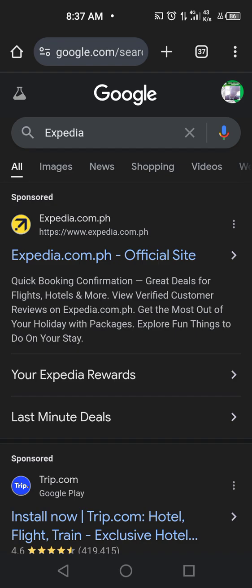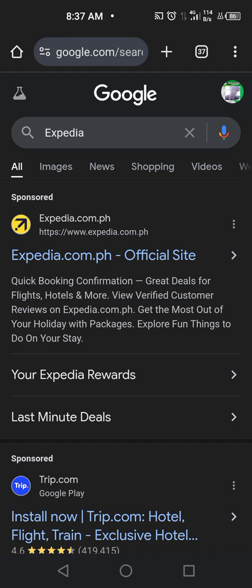Expedia also offers an app that you can download in the Google Play Store. So don't worry if you don't want to download it. You can just open your browser and search for Expedia. They have the website that you want to use.